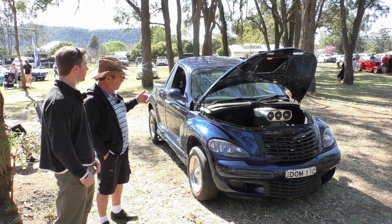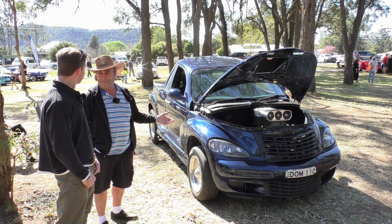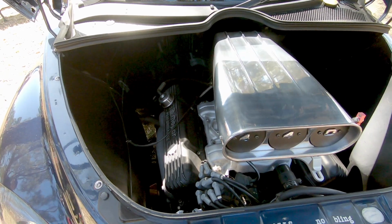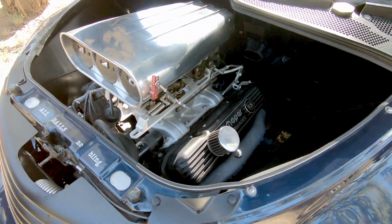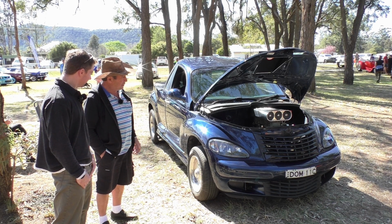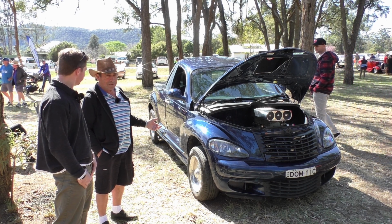New firewall, new floor. Then I thought, what can I fit inside of it? I'm a Chrysler man, so I went for a Chrysler, the biggest Chrysler you can get. 7.2 litres. That is absolutely mental. After completing it, all engineered, took it to Eastern Creek, scared the crap out of myself